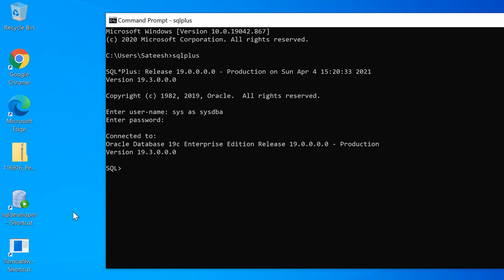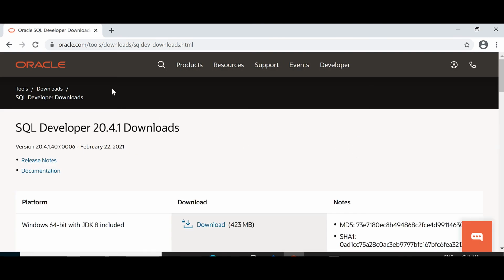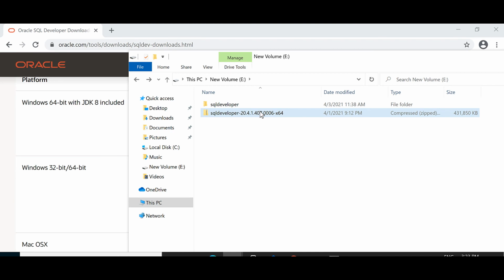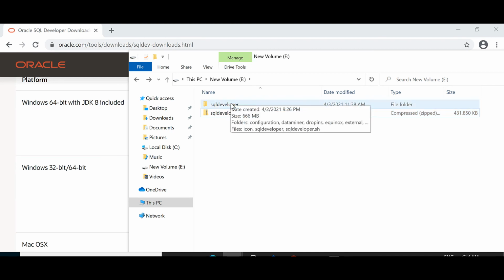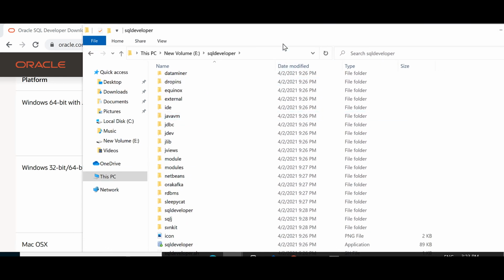You can use the SQL Developer tool also to connect to your database. Let's see how to connect using SQL Developer. You can download SQL Developer from the Oracle website. I have already downloaded SQL Developer and extracted the zip file, and in the SQL Developer folder you have an exe file.